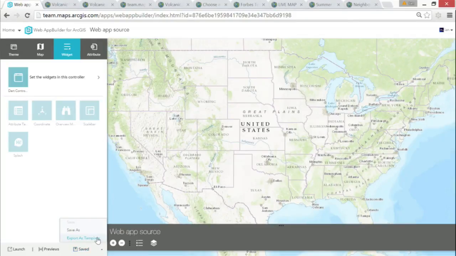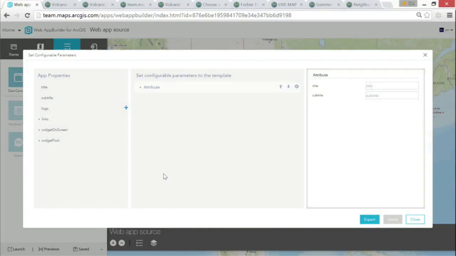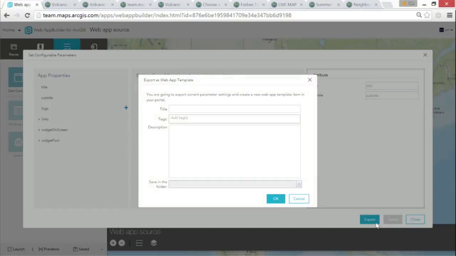The next step is I have this ability to export as a template. So what that will do is it will create a new item that has this set of configurable parameters exposed. So this is how I could then let someone else build the same application with their own map. Once I export it,